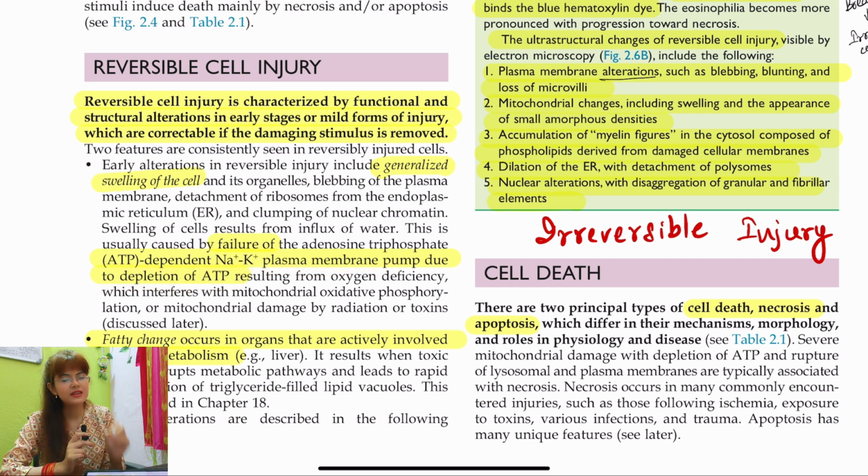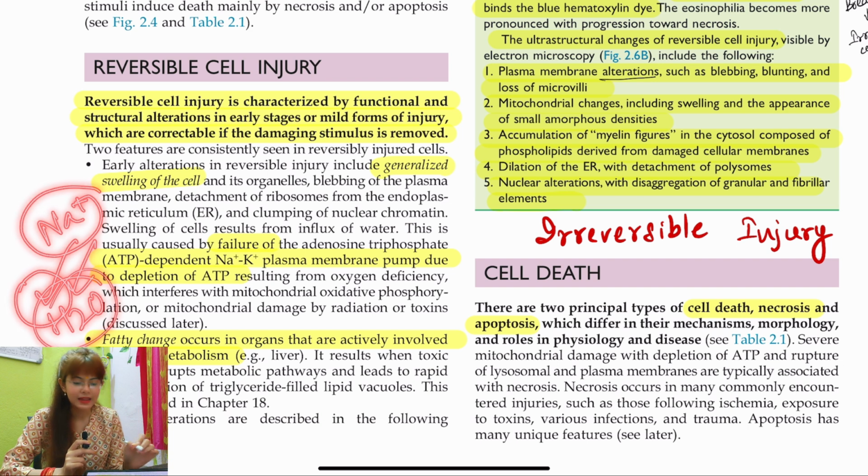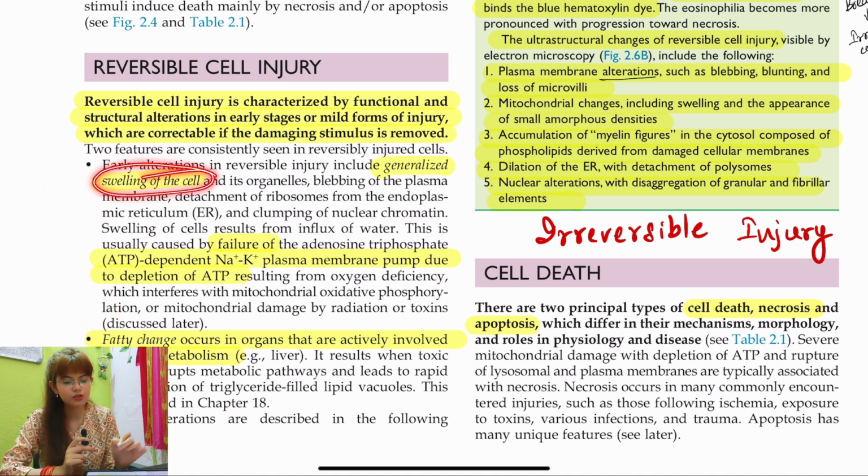You know that whenever there is cell injury, there is a reduction in the ATP, and because of this the pump will not work anymore. And you know the function of this pump is to throw the sodium out, right? But when this pump is not functioning, the sodium will be retained inside the cell. And if sodium is entering the cell and getting stored inside the cell, it will also draw water along with it, and therefore there's going to be swelling of the cell. So cell swelling is one of the very initial changes you see in case of reversible cell injury.